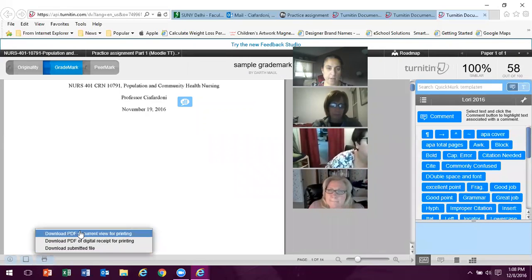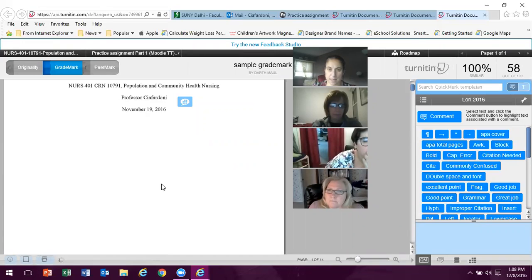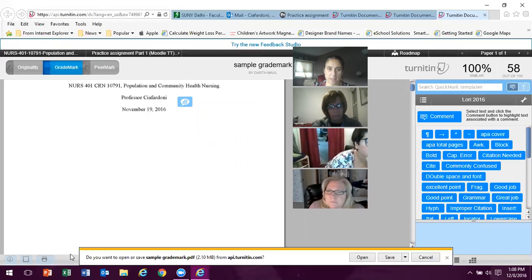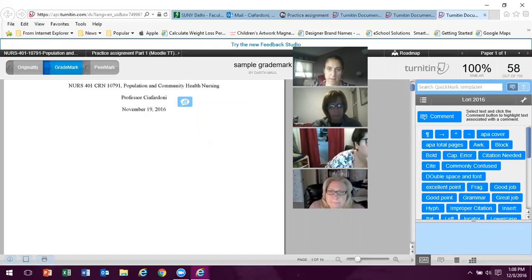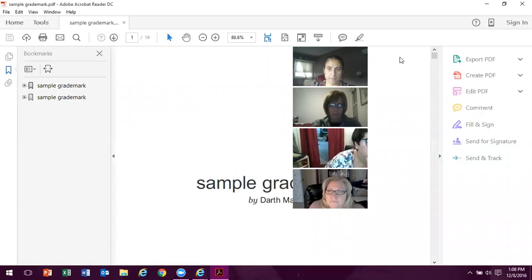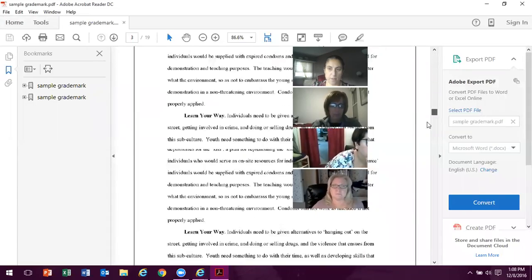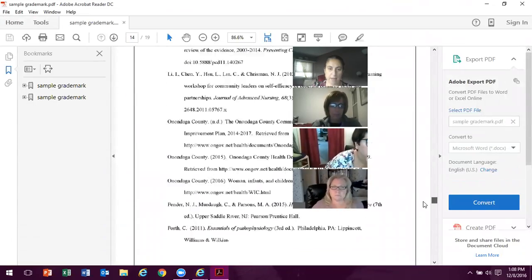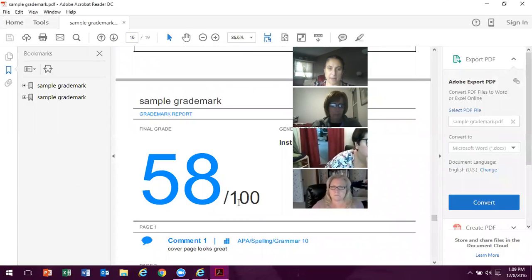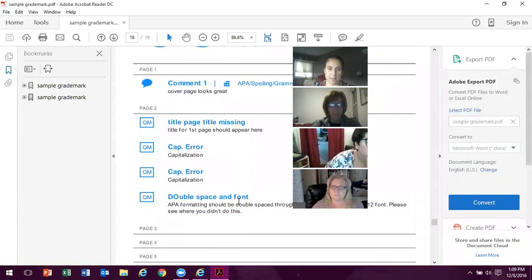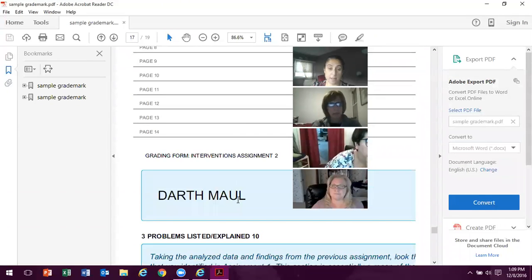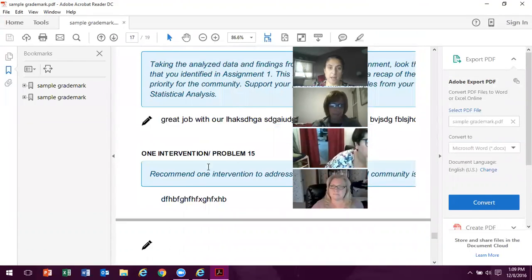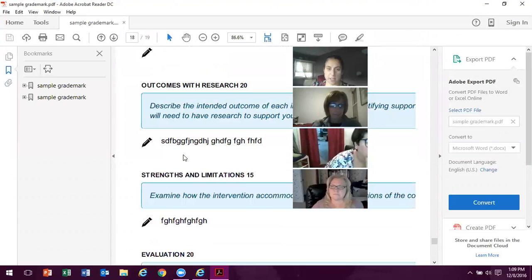and he goes to current view, the current view is going to have all of my comments. And now you'll see when we open it and scroll down to page 14 that, of course, it's thinking. But when you scroll all the way down to the bottom, now you'll be able to see it's 58 out of 100. Oh, they certainly make it big enough. But you can see where all the individual notes are in each section now, where I typed my